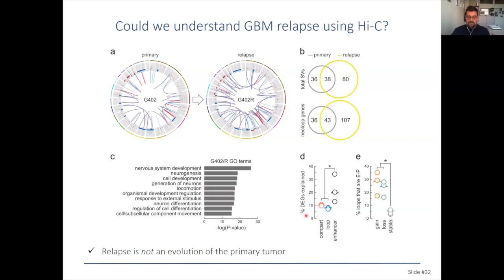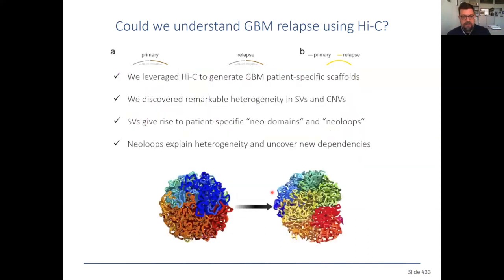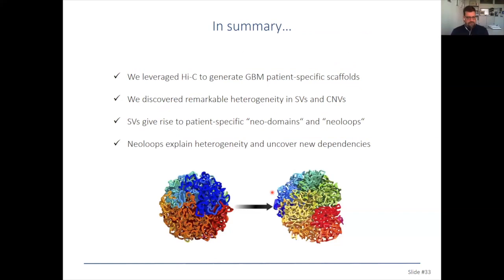And then if you use the Hi-C, you can find that enhancer-promoter contacts actually justify, in all three pairs, the majority of differentially expressed genes. And of them, the gain of enhancer-promoter neoloops is what seems to make the difference for the activation of these genes. So I would like to stop here and conclude with four basic things that are at least